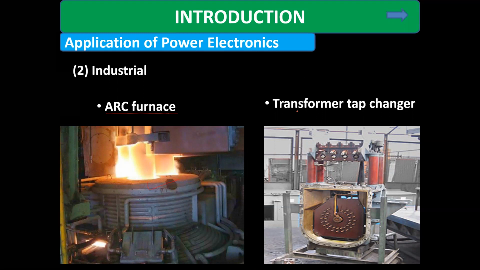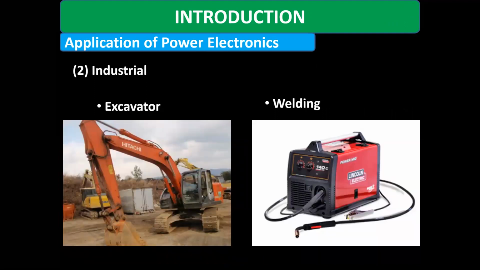Here we are using the power electronics converter. Similarly, there is the transformer tap changer, which changes the voltage level as required. Depending upon the available voltage and load demand, there can be some reduction in the supply voltage, and we require a rated supply voltage. To improve the voltage or to reduce a higher voltage, we need a tap changing transformer. Nowadays, we generally use power electronic switches to change the tapping, so that we get a controlled AC output from the transformer.